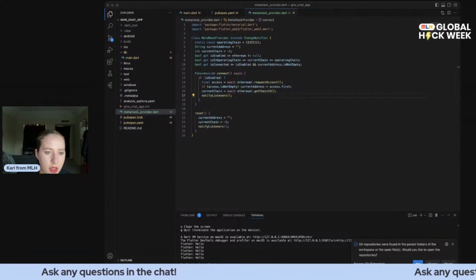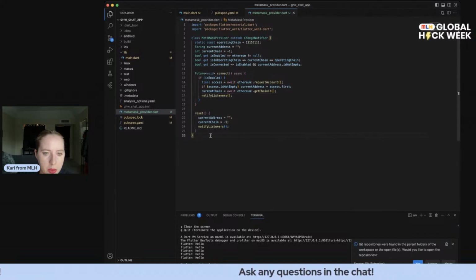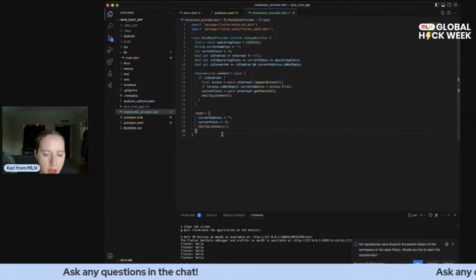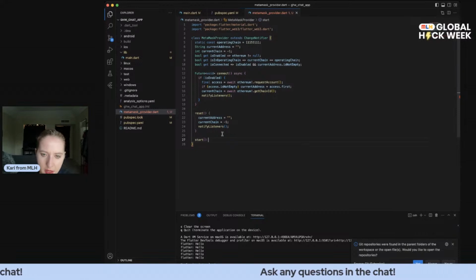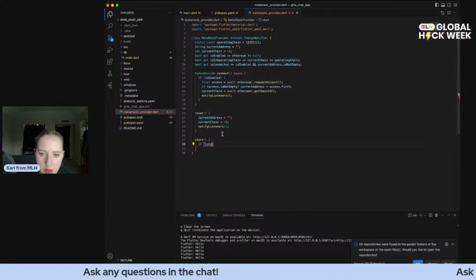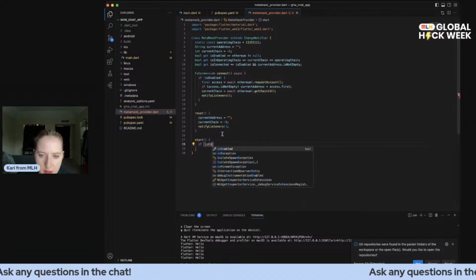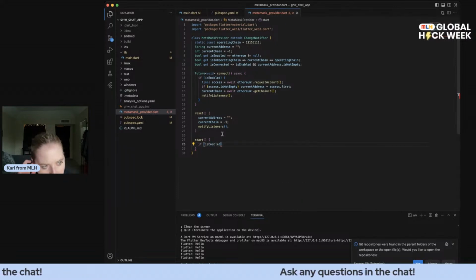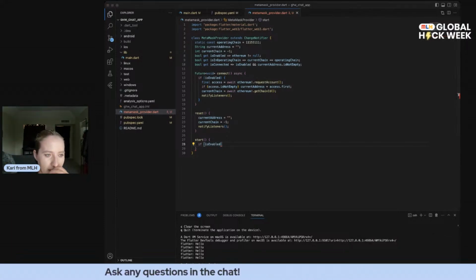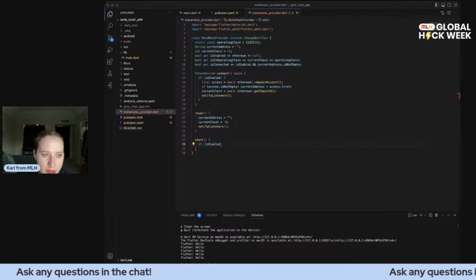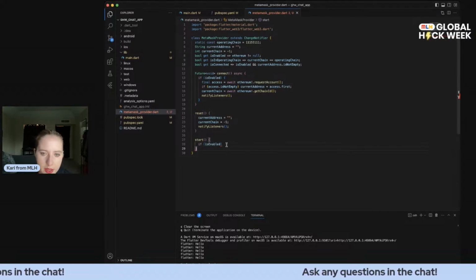Okay. And let's finish the provider by writing a start function, it's responsible for resetting everything if there's any change in the account chain. Okay, so let's write a start function. Okay, and then if is enabled. What's getting to me really is semicolons and having to wrap my if statements in parentheses. I haven't had to do that in a while. I got spoiled this summer. If is enabled,